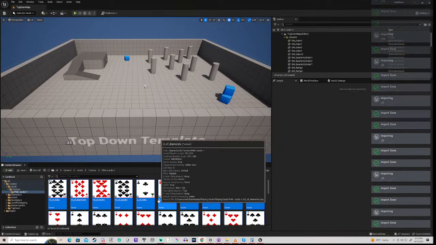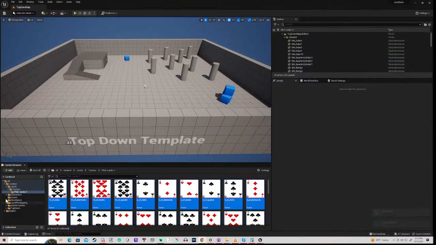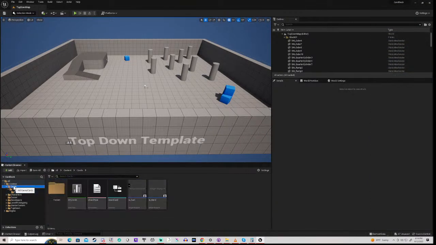And there we go. Okay, so if we go back to our cards, then go back to our data table,